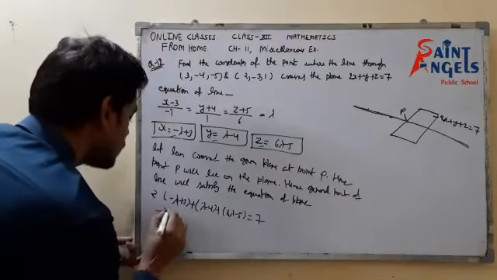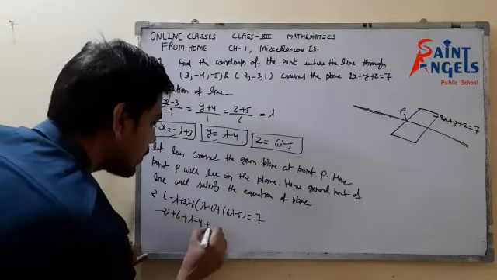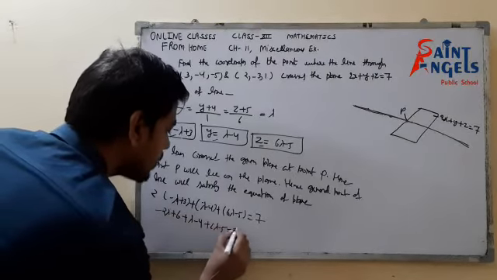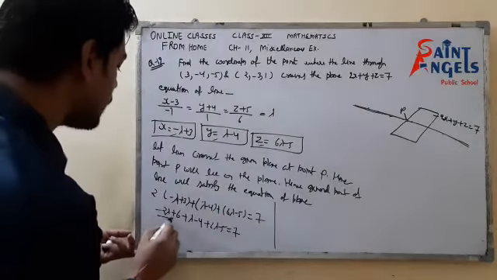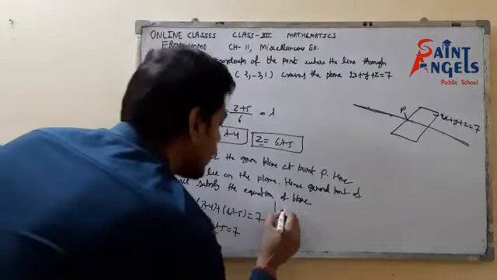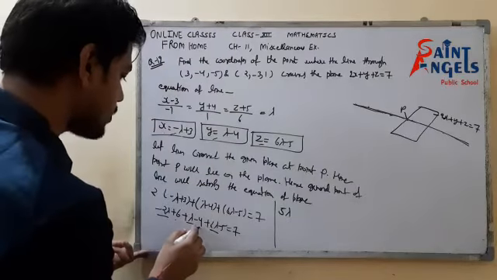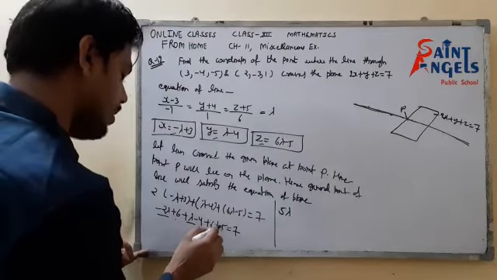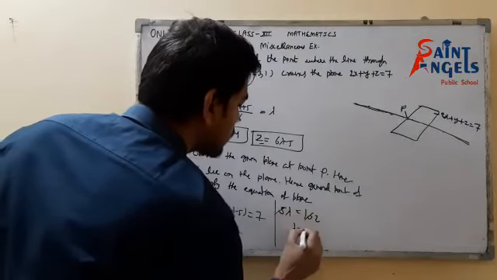Solve it. Minus 2 lambda plus 6 plus lambda minus 4 plus 6 lambda minus 5 equals to 7. So from here, minus 2 lambda plus lambda plus 6 lambda is 5 lambda. Okay, 6 minus 4 minus 5, minus 3, so 5 lambda minus 3 equals to 7, and 5 lambda equals to 10. So 5 2s are 10. So lambda equals to 2.